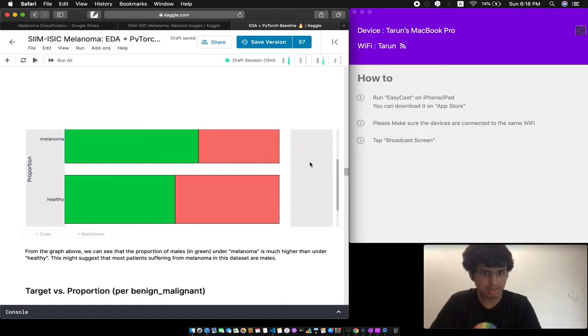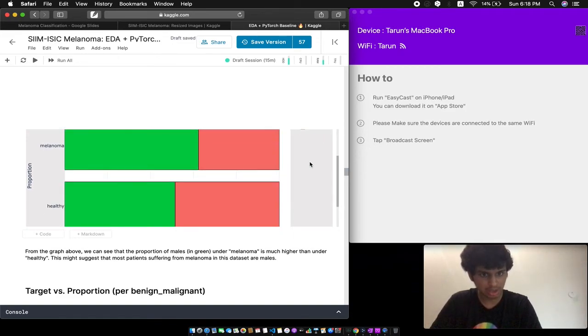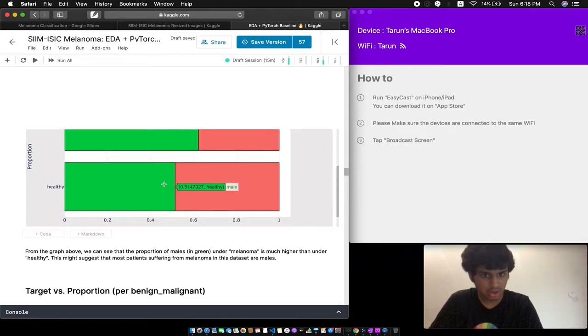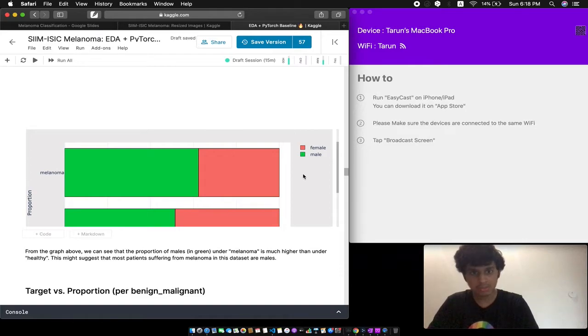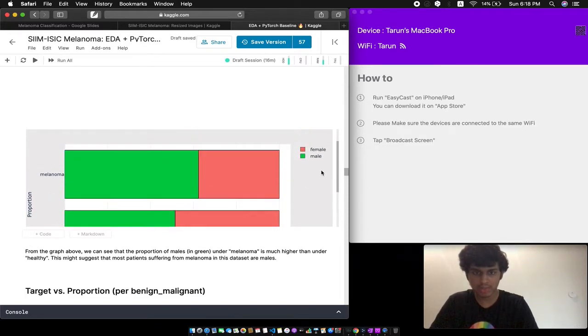Under melanoma, you can see that the proportion of males is very high compared to females, and under healthy you can see that the proportion is very even, right? So if someone is healthy, then it's equally likely that the person will be either male or female. But if someone has melanoma, then it's more likely for that person to be a male. As you can clearly see in this particular data set, we have a greater proportion of males having melanoma than females.